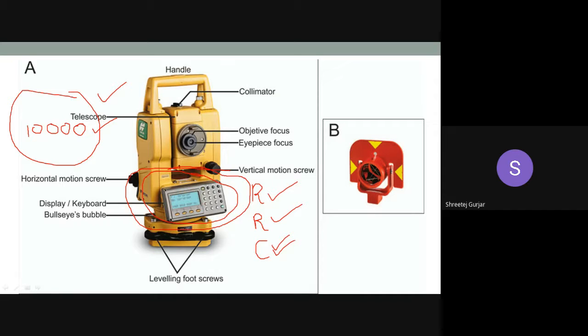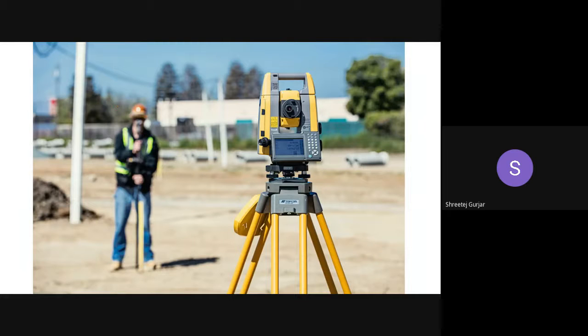Then coming to how this particular total station works, right? Here you can see this person is holding the target staff or the reflector, and you can see the total station is placed ideally over here, right? So the coordinates of this particular ground point are recorded in this total station, right? It will be recorded and it will be displayed over here, right? This is the horizontal clamping screw. This is your telescope.